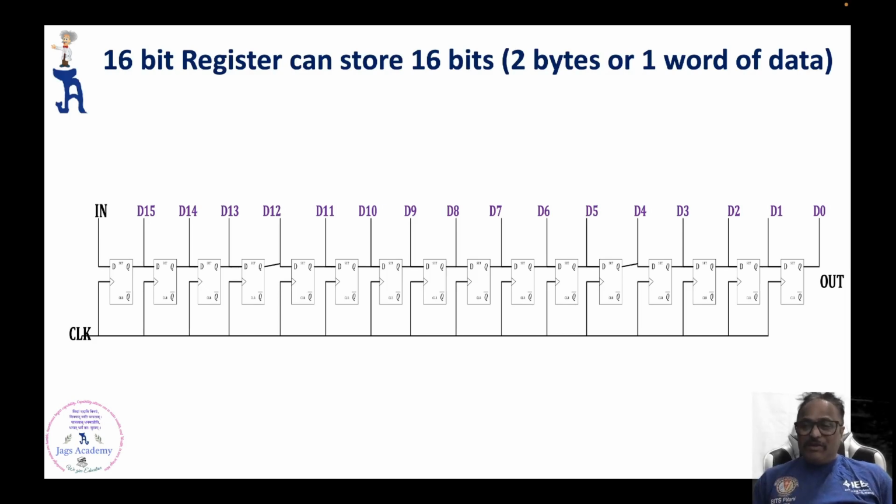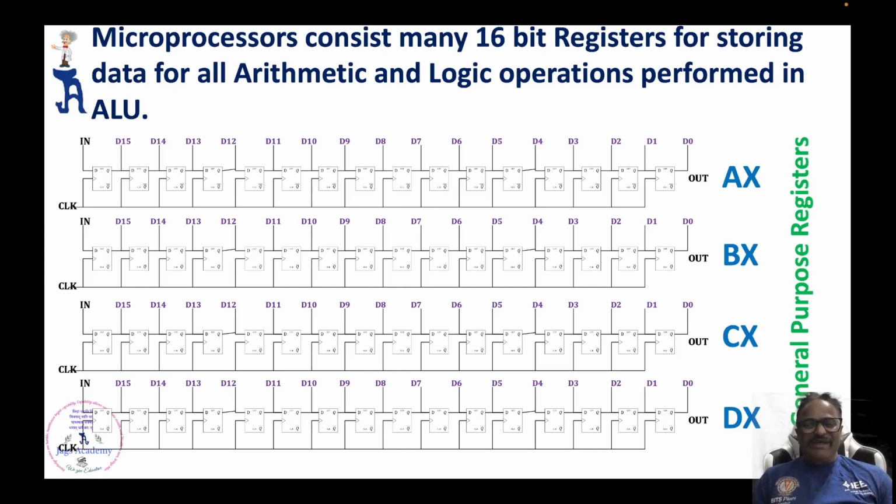This is not something new to you. You have already studied this in your previous course on digital design. Now in a microprocessor, if you take the 8086 microprocessor, the same shift registers have been put in proper order. So there are many registers in a microprocessor. For example, in the 8086 microprocessor, there are 16-bit registers